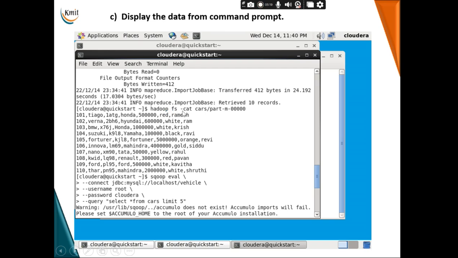Hadoop fs -cat. This cat command is for seeing the contents of the file. What is the name of the file? If you observe, whatever is the table name we have taken the data from, with that name it will create a folder, and because only mapper is working, there will be a file in the folder with name